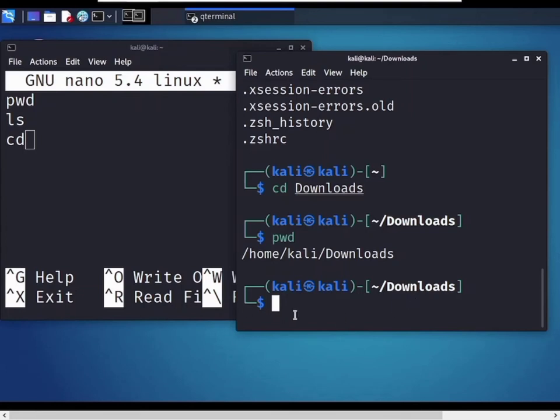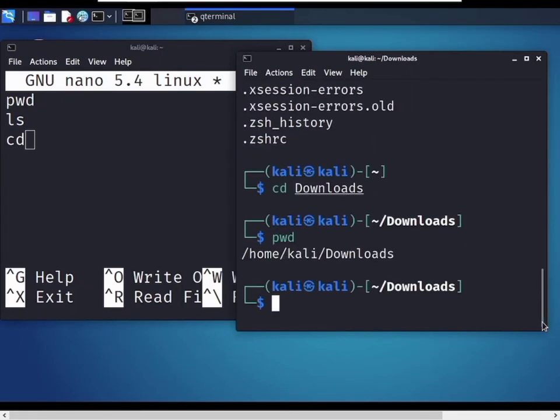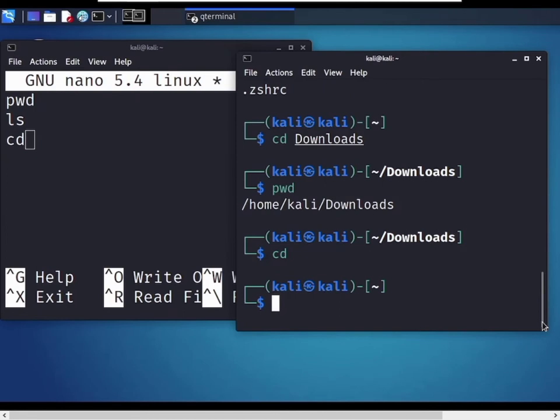So the cd command is used to change directory. Now if you want to go back to the home directory, type the simple command cd again, and now you are in the home directory.